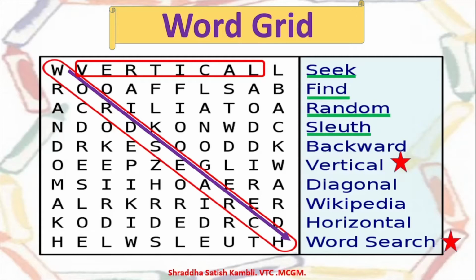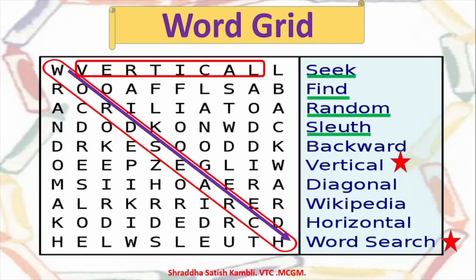For example, seek. Then you have find. Then you have random. So now when you seek, what do you do? You search for a word, or you look out for a word, and you find the word. Now there can be some random arrangements also. That also, examples we will see when we see the questions. Okay, there can be some random arrangement. It is neither forward, nor backward, nor vertical, nor diagonal, nor horizontal. It is how? Random. So some of the words you will also find arranged in a random manner.